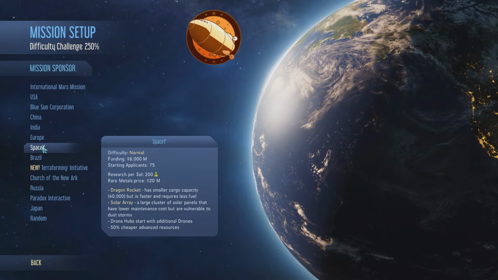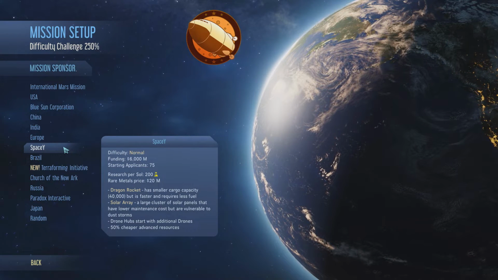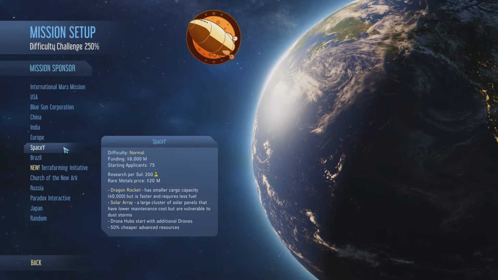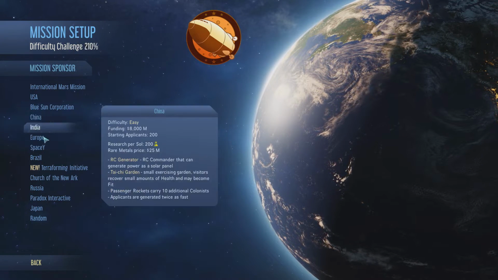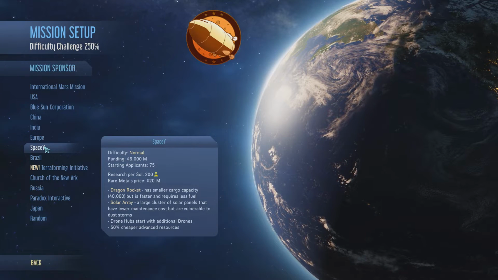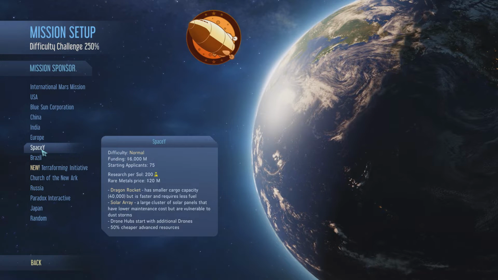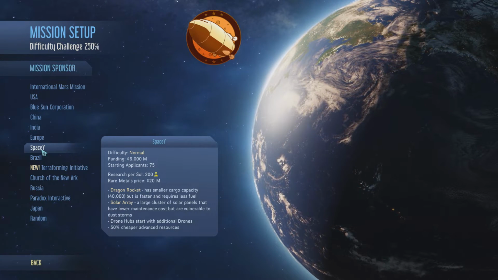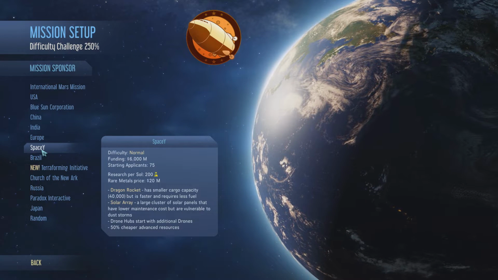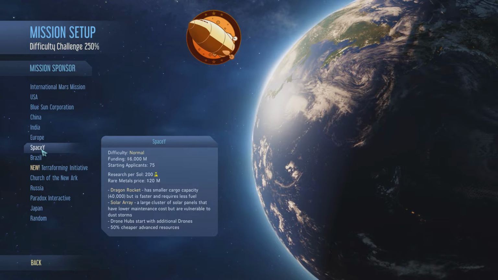We're going to go with Space Y, which is of course a clever tongue-in-cheek plug to a certain company which exists here in the real world. And the difficulty, as you can see, will start out as normal. What these choices determine really is how much funding your colony starts out with, so how much money you have to do stuff, and then starting applicants, so how many people are in your initial pool of applicants that you can select from to make sure that you have the best colonists to start off life on Mars,